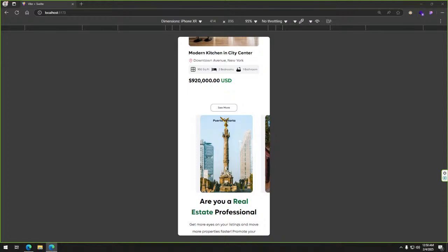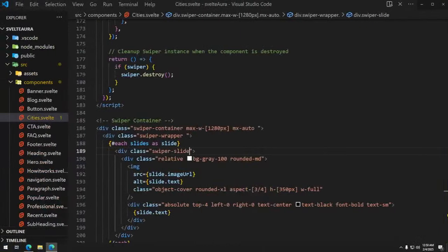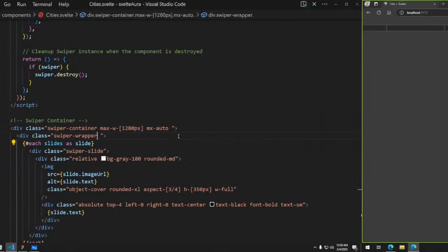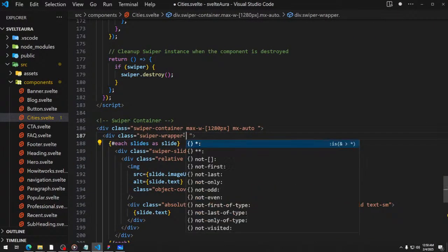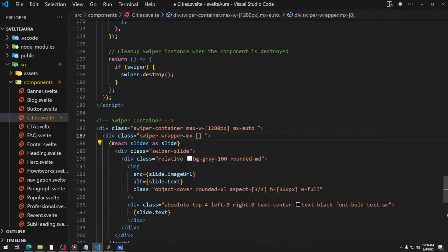That's so weird. 2 pixels. And there's a little bit of a background. So that was on what? I was on a swiper wrapper, so MX of